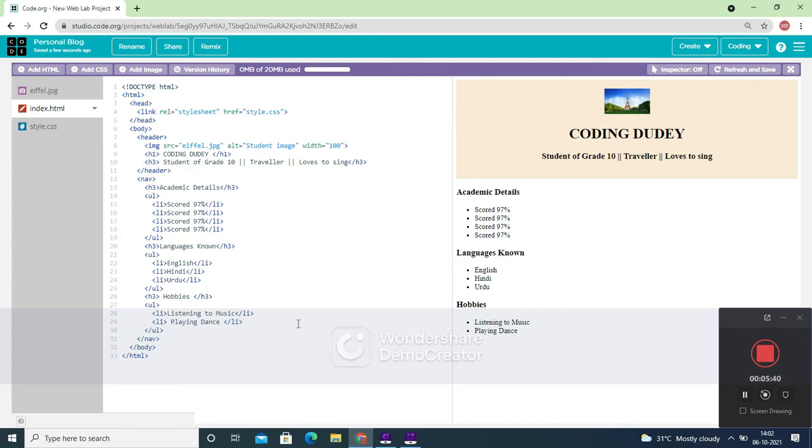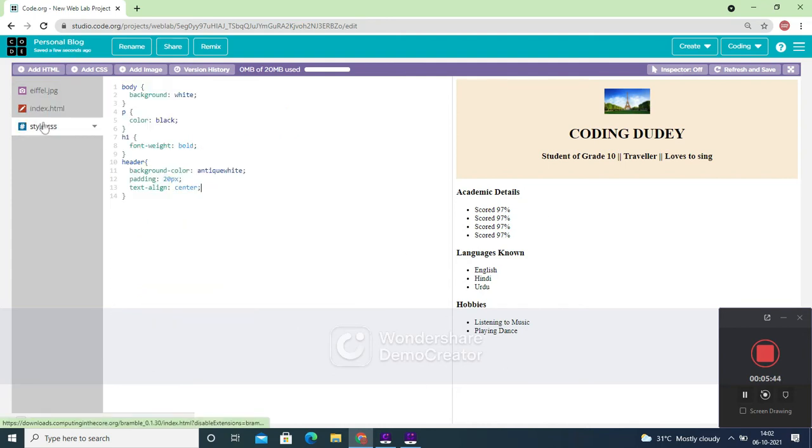Okay, now that it's all over, we are going to make it look more beautiful using the style CSS. First, let's give float left and the width to be 20%.